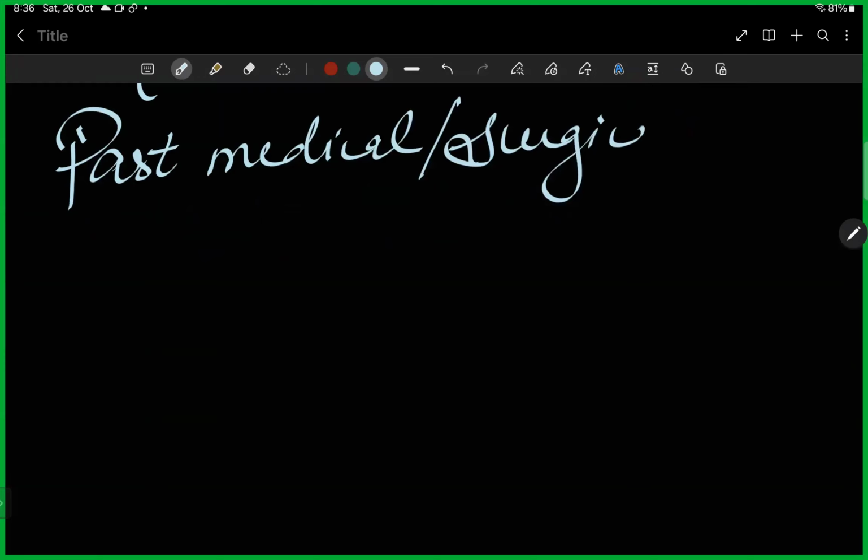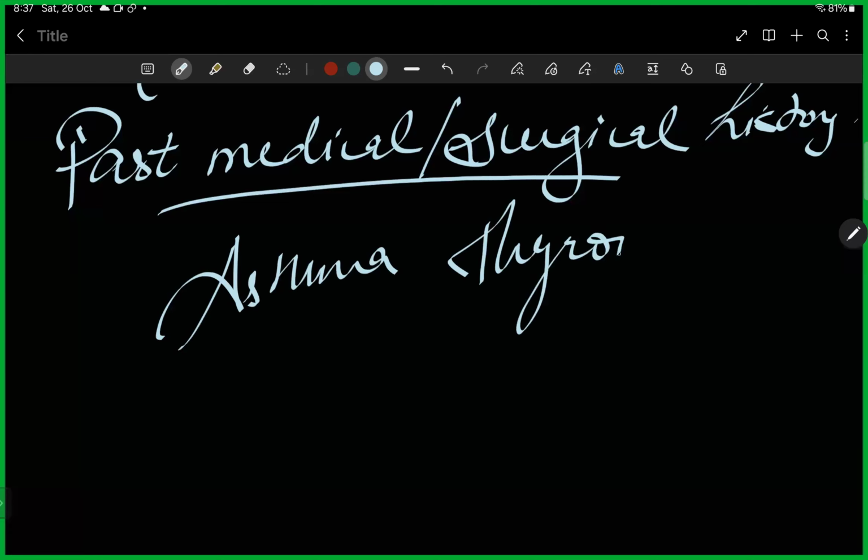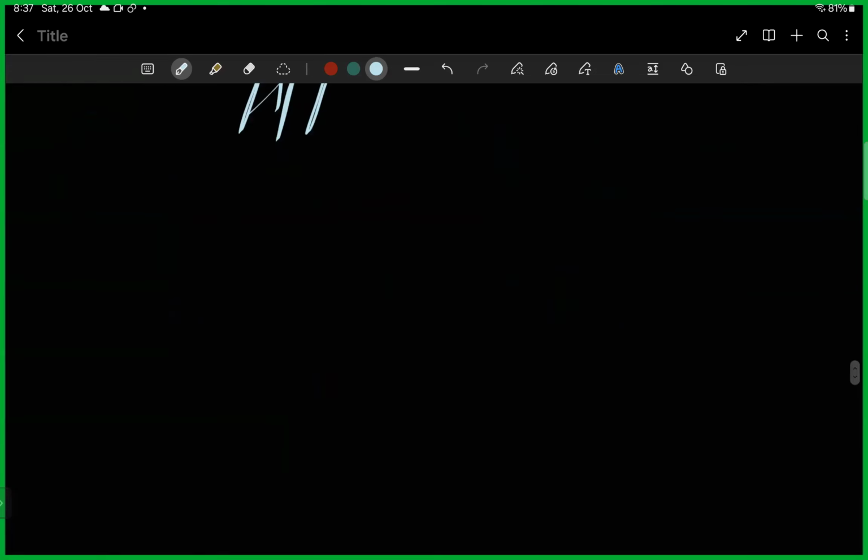So they can have hernial repair, or maybe appendicitis. These are common. In past medical history, asthma is common. Then thyroid is common. So all these surgical ones, appendicitis is common, hernia is common. So all this, fine. Then you can maybe assess the nutritional status, which is not that important, but if you want, you can.